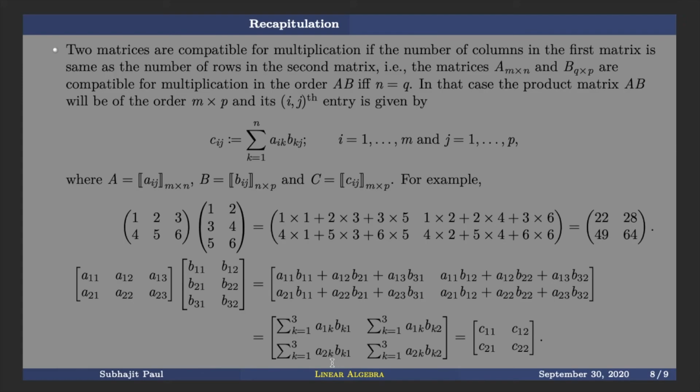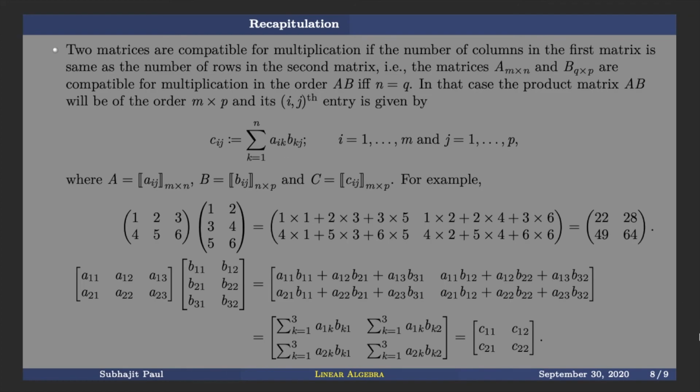Now from here, you may realize why we need the number of columns in the left matrix to be the same as the number of rows in the right matrix. Now here you see the ij entry in general. For this case i is 2, j is 1. For this case i is 2, j is 2 and so on. So the ij entry is given by summation k runs from 1 to n, aik, bkj. i and j are remaining same. This ith row of A and jth column of B are remaining same. What are changing are the columns of A and the rows of B, and they are changing simultaneously.